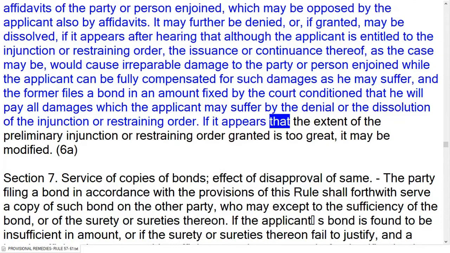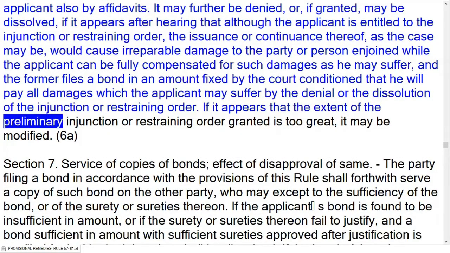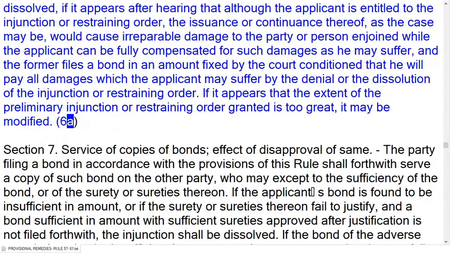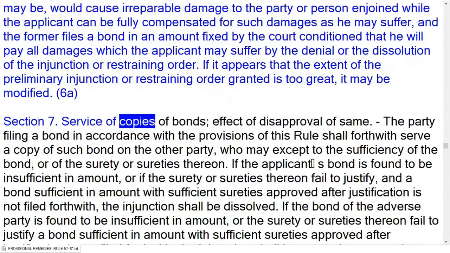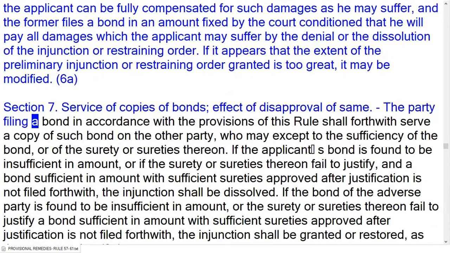If it appears that the extent of the preliminary injunction or restraining order granted is too great, it may be modified. Section 7. Service of copies of bonds. Effect of disapproval of same. The party filing a bond in accordance with the provisions of this rule shall forthwith serve a copy of such